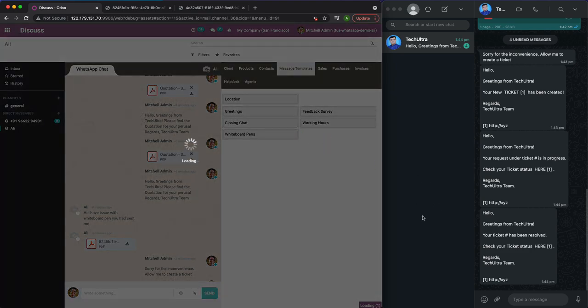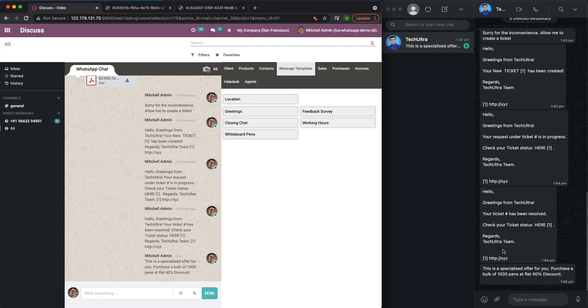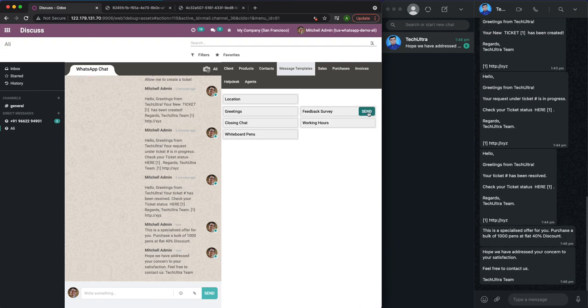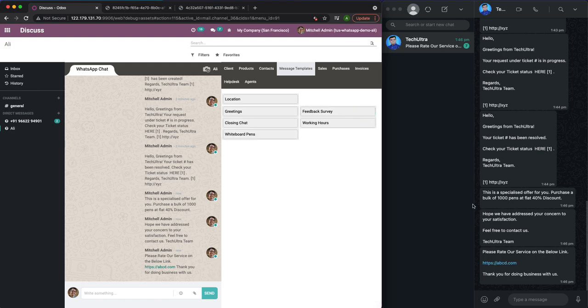So this message can be sent to multiple customers on any occasion through WhatsApp, in order to attract them for a purchase, like this. Predefined templates also include closing chat or feedback surveys, just so that the customer can rate our services. And these are customized as per the company's need.